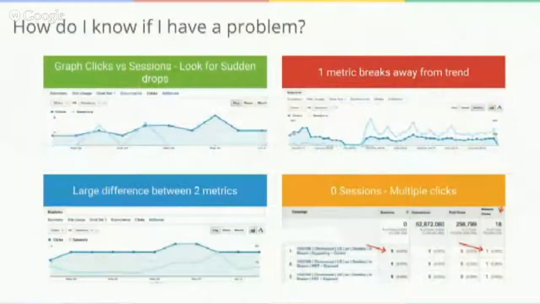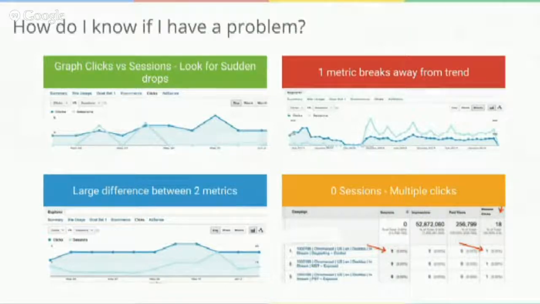The next thing I think would be good to talk about, we sort of mentioned a lot of the common reasons for differences, but there's also common issues that we do tend to come across. And so how do we know when we have a problem as opposed to, say, normal activity? What I usually start with is graphing out. Google Analytics gives you, in the AdWords campaign reporting section, really good tools for comparing these two metrics on a graph.